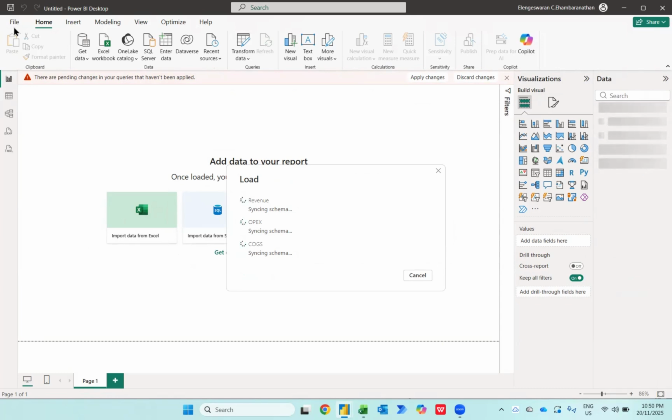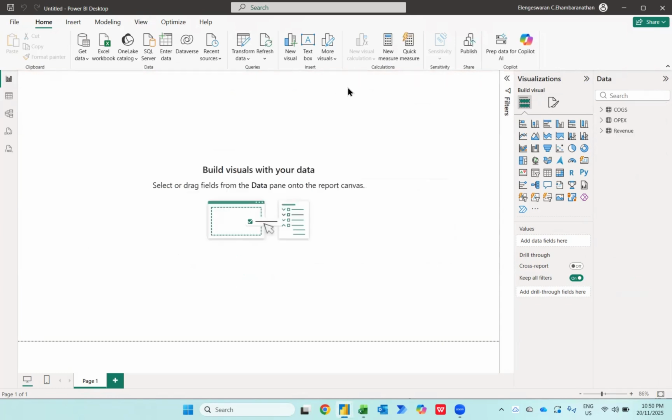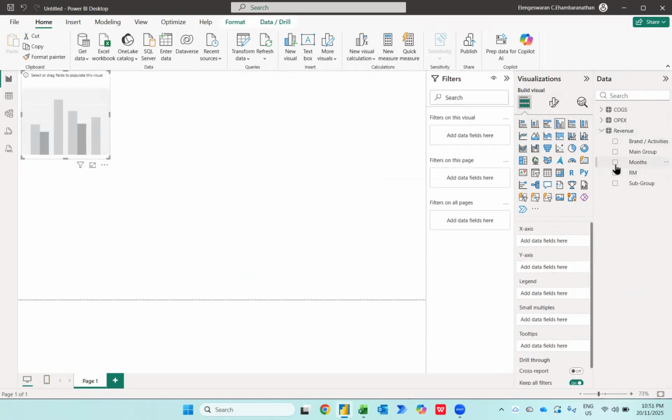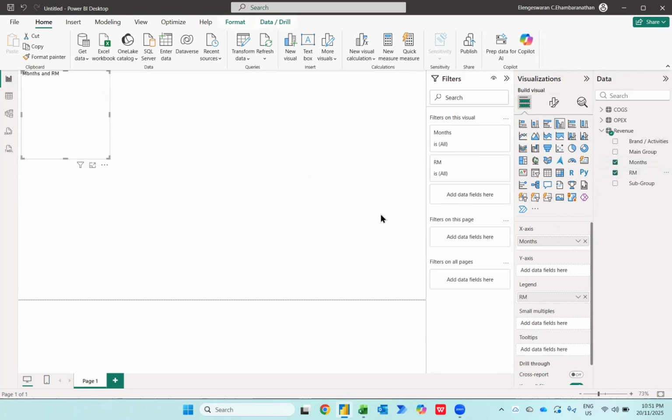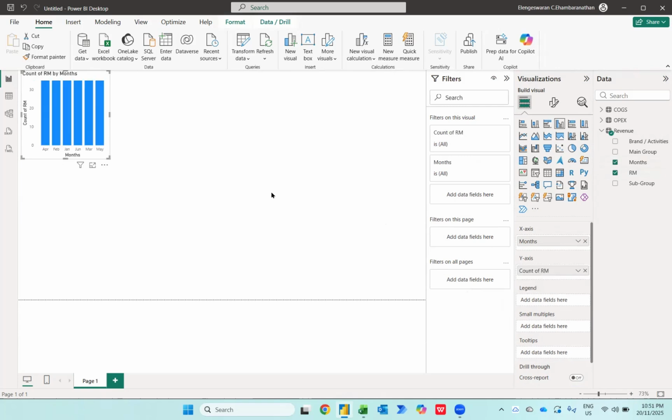But bear in mind, we are not able to create proper reporting yet, because if you notice carefully, maybe let me just show you. I'll open my revenue. So now here we have the revenue, and let me just open the chart. I'll just tick the months, and I tick the RM. So if you look here carefully, you will notice that, say I put my RM at the y-axis, our data, as you can see over here, April, February, January, June, March, May, is not